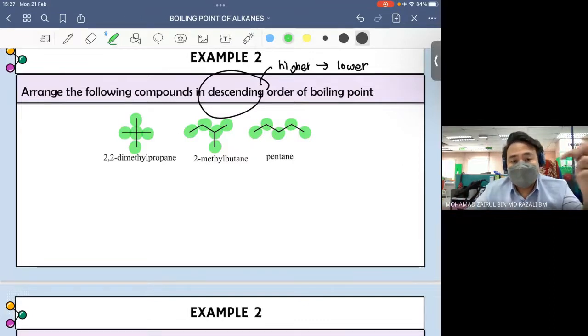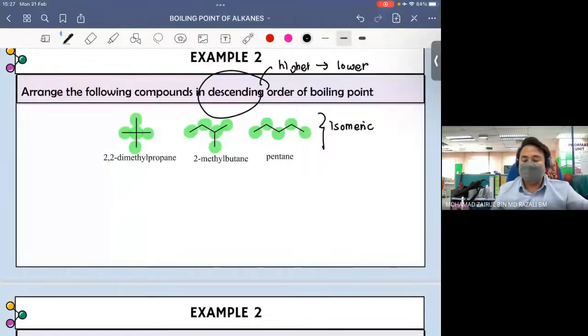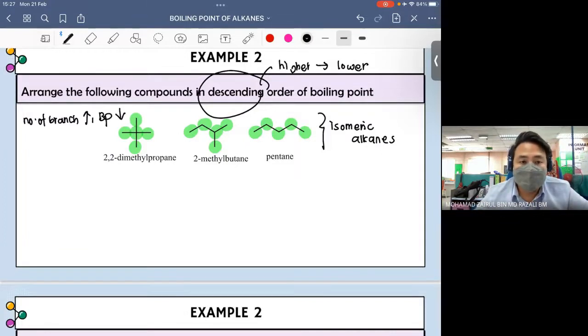Tapi kita tengok dia punya structure dia ada berbeza. So kita akan terangkan in term of isomeric alkane. Okay, we're going to explain in term of isomeric alkane. So kita ingat, dalam isomeric alkane, as the number of branch increase, boiling point will decrease. So descending order, maknanya yang the highest boiling point is the one that have the least number of branch. So sekarang kita tengok pentane yang ada least number of branch. So pentane